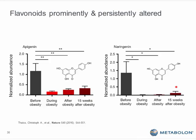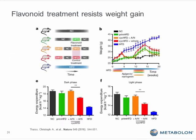And there's a lot of literature about flavonoids, the positive health benefits of many of these flavonoids. But it was interesting that these 2 particular flavonoids had this persistence of significantly lower levels, even after 15 weeks of being off the high-fat diet. And I think to me, the really interesting aspect of this paper was that they went back and actually added those flavonoids to the normal chow diet. And so when you look at the addition of those flavonoids, you actually have a positive effect on ameliorating that yo-yo effect. So these animals go back to normal weight,